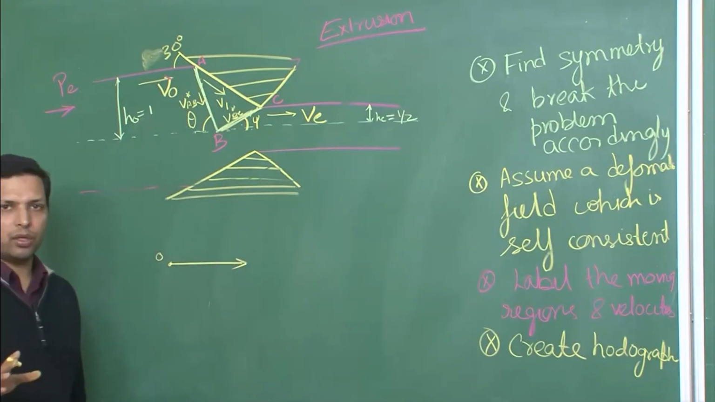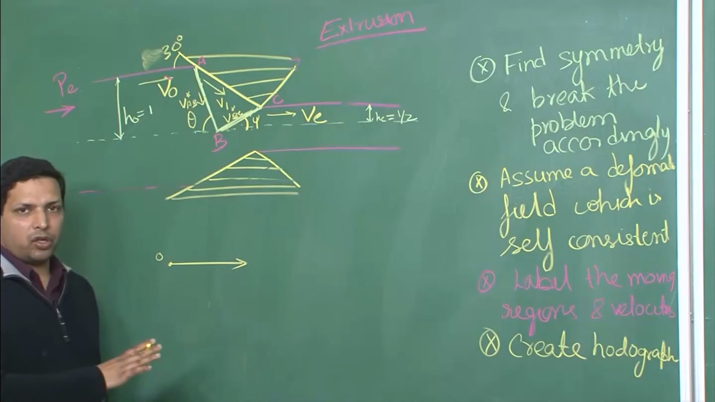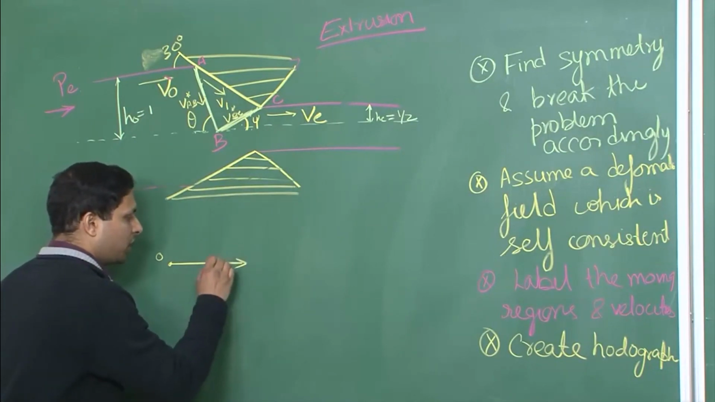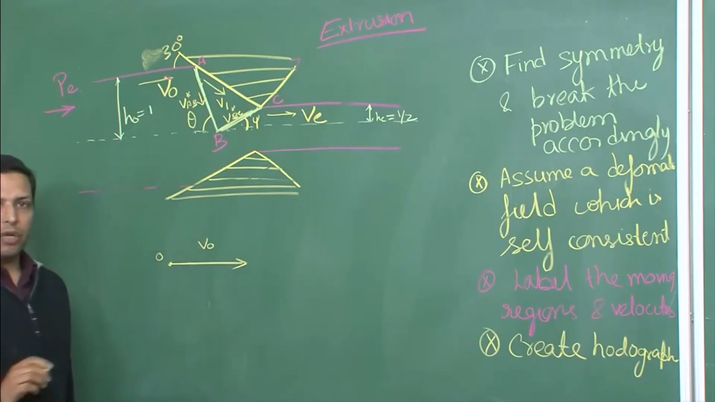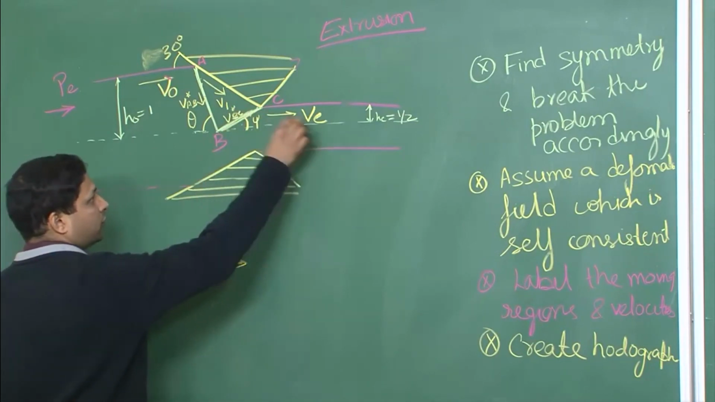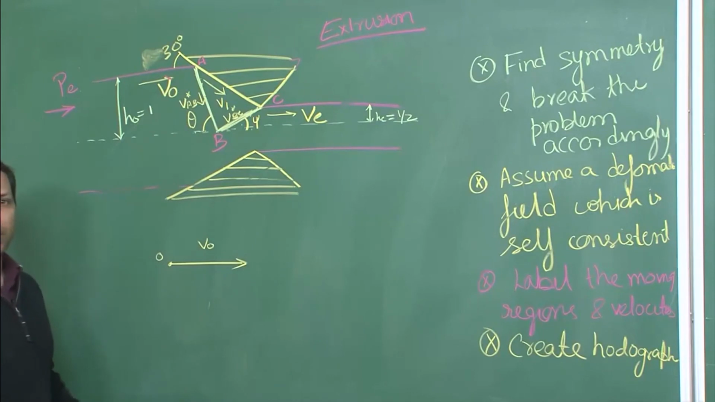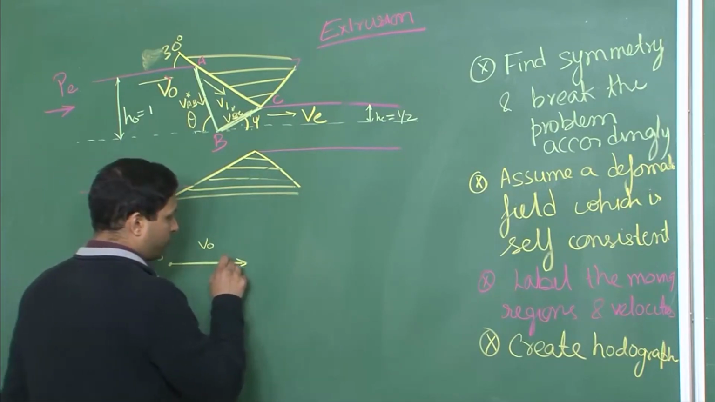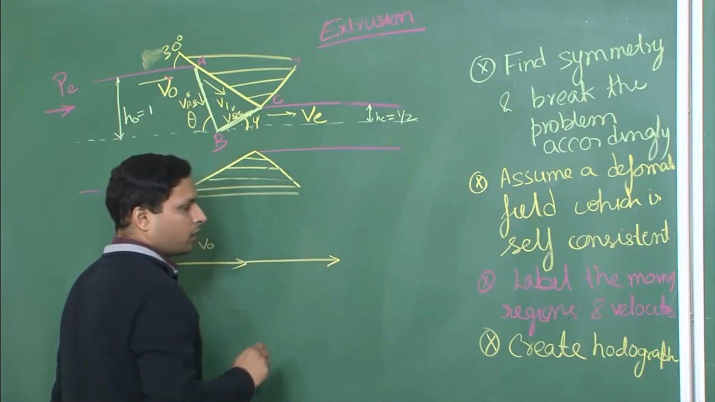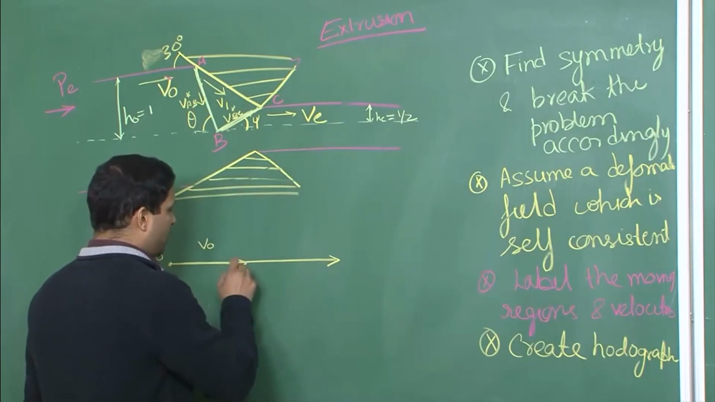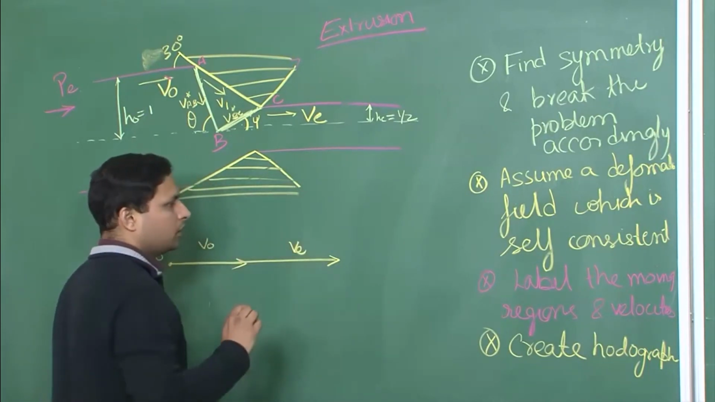Right now, we know the magnitude only of V naught. So, let us say this magnitude is known to you, but we do not know the magnitude of, for example, VE, but we know that it must be larger than V naught. So, this is V naught, this is VE,